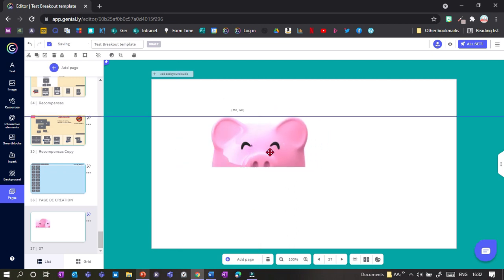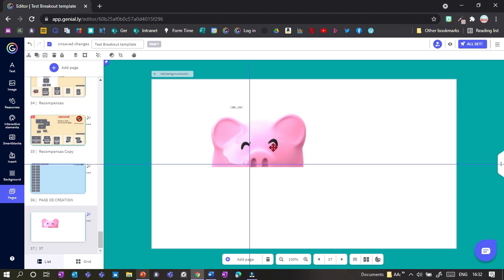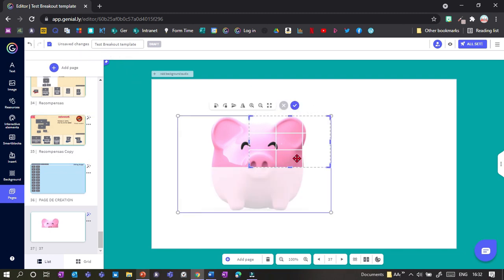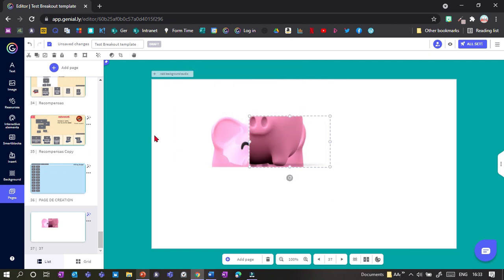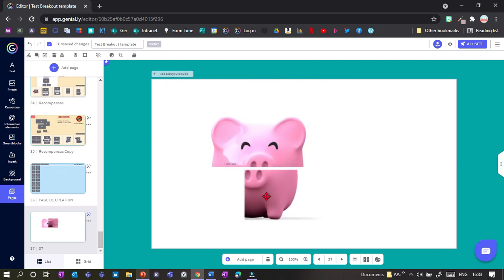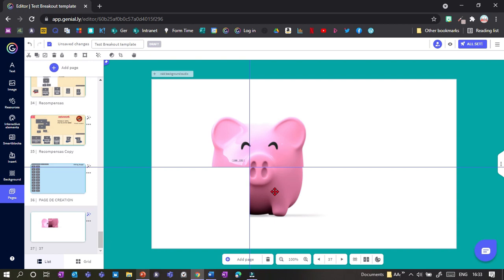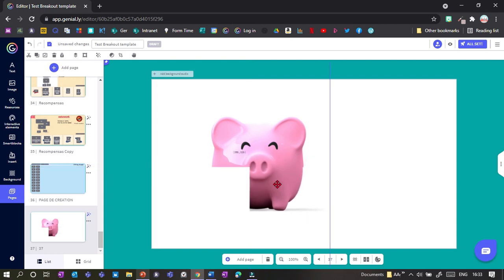The problem is they overlap a bit, so it's quite hard to hit the middle exactly. But I can now do the same again: copy and paste, put it on there, use the crop and move it down and so on. Then I end up with 4 pictures. It doesn't really matter too much if it overlaps. If you want it exactly precise, so that there's no overlap and it's exactly 4 pieces that fit together,